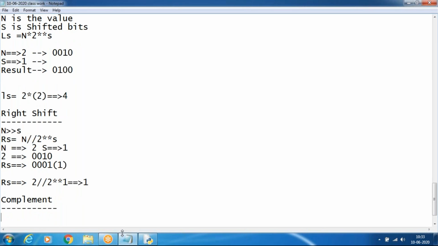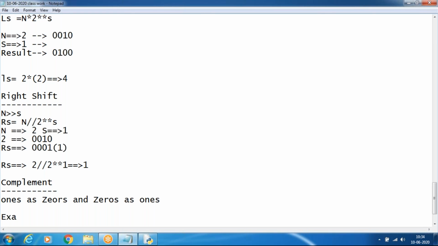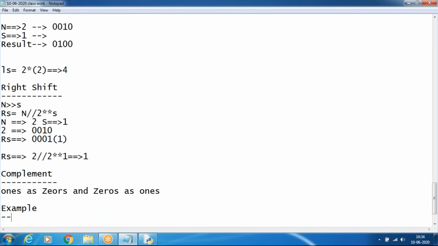In this case, zeros become ones and ones become zeros. That is a complement. So we'll see it in the example. Here it depends on the system bit rate.